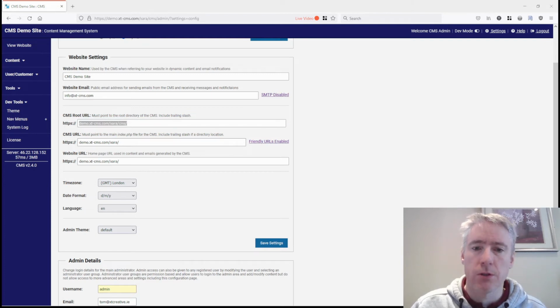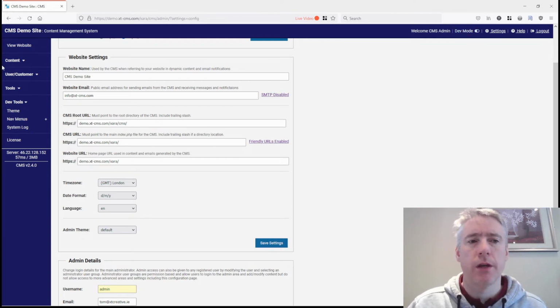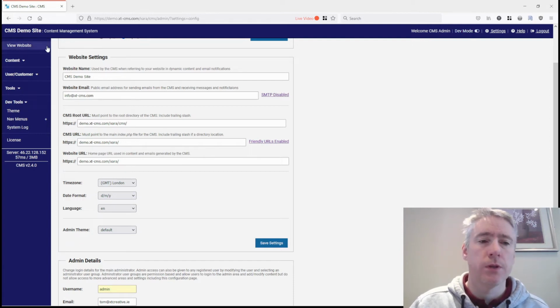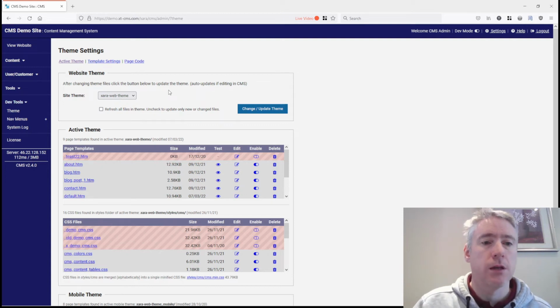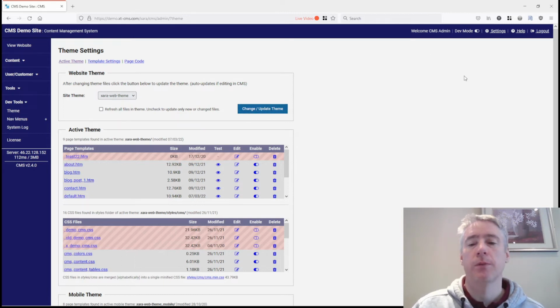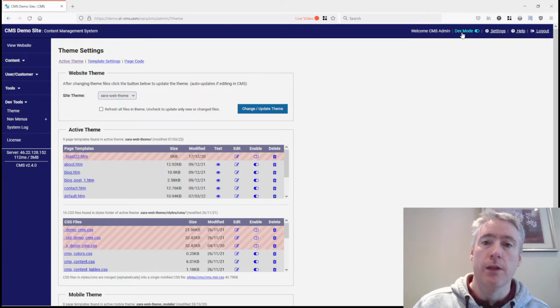Oh, dev mode. Okay, so dev mode up here now has changed from the previous version. If I just click on theme real quick here, which I will go into in another video because this has been updated quite a bit, when you switch theme, you can update it here by clicking this button. But if you had dev mode enabled in the previous version, it would constantly update the theme every page load, just to make sure as you're uploading changes and viewing them that it was always refreshed for the admin user who was developing the website.